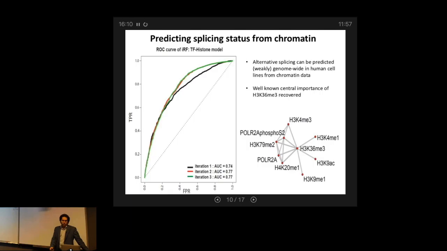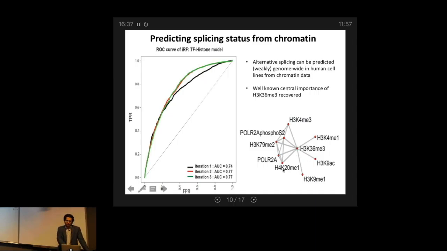So we've done some work within ENCODE too on predicting splicing status from chromatin. Been working with Roderick Guigo's group for years on this. Alternative splicing can be predicted in the human cell lines from chromatin data with some sort of vague accuracy, still not up to 0.8 AUC. When you do this, you recover the well-known central importance of H3K36me3, and you get this sort of hub-like structure